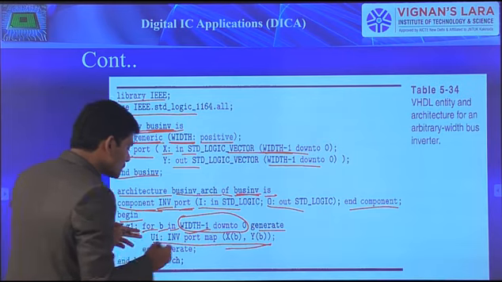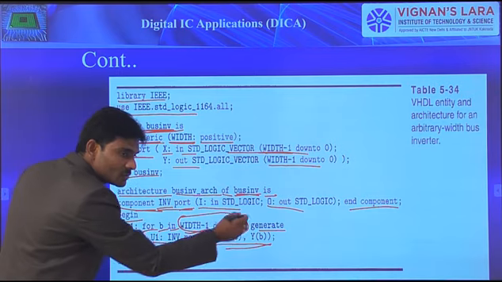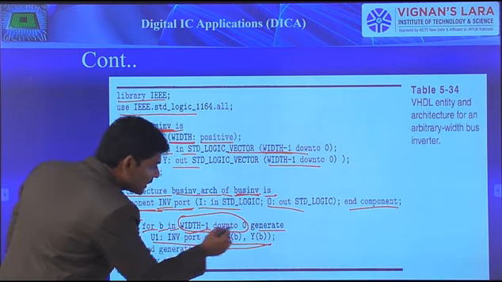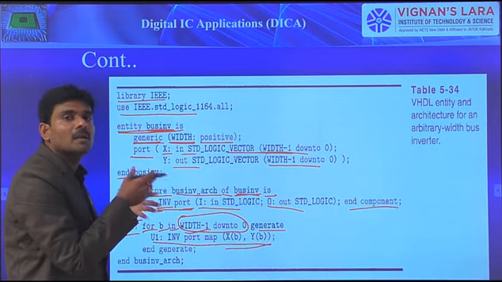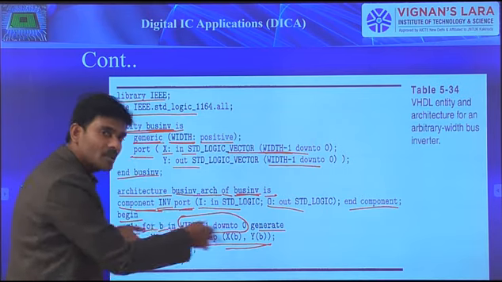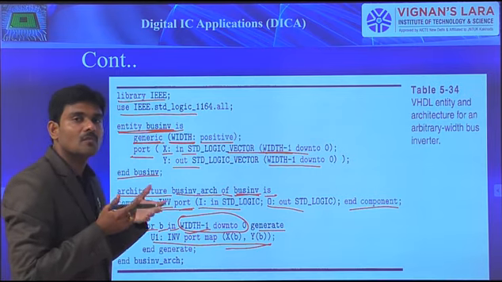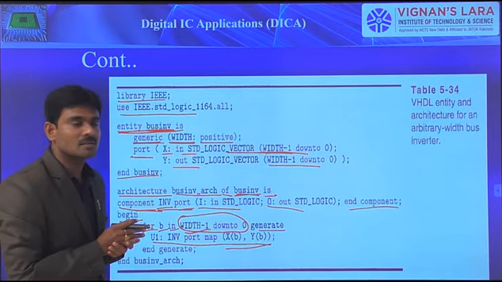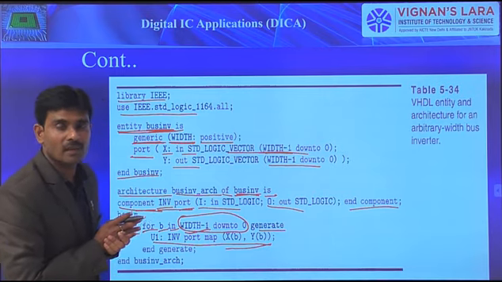Coming to how it is going to execute: if I mention the width value as 8, it means 7 down to 0, so 8 times it is going to execute. If I mention width as 16, 15 down to 0, so 16 times it is going to execute, and at that time it will act as a 16-bit inverter. If I mention width 8, it is an 8-bit inverter. If I mention width as 32, then obviously it will act as a 32-bit inverter. That means using a single program we can realize multi-bus functionalities. That is the advantage of using generic constants, which we have in our VHDL.